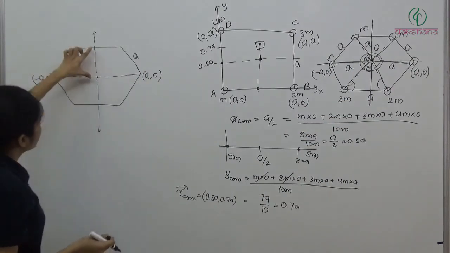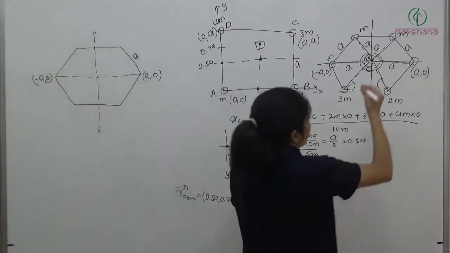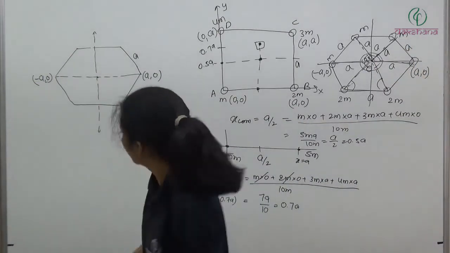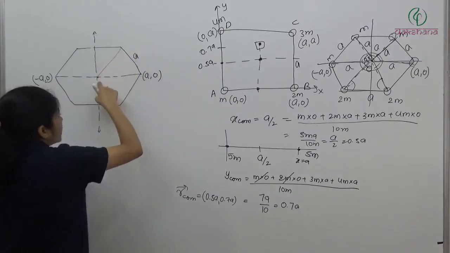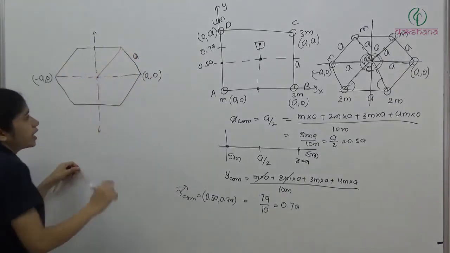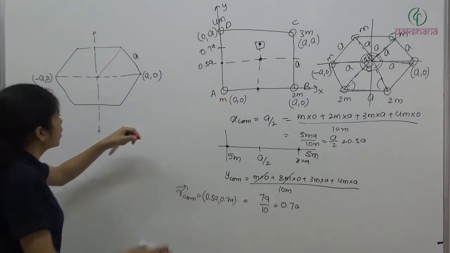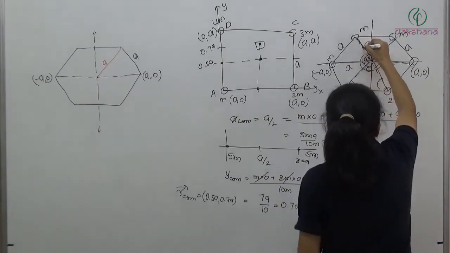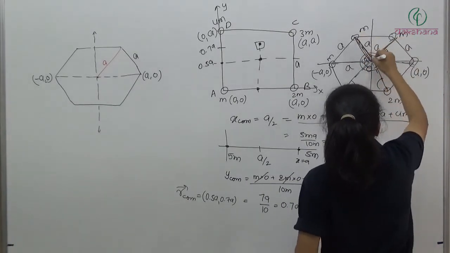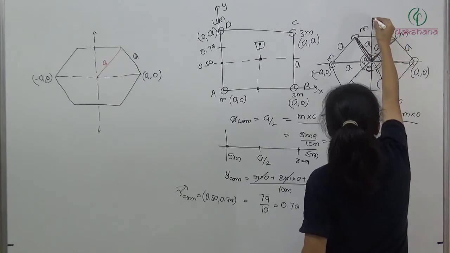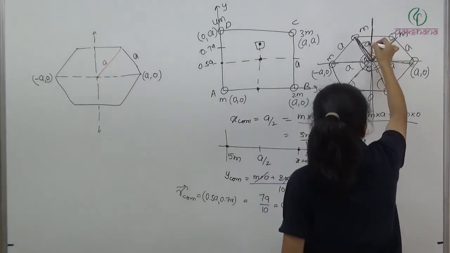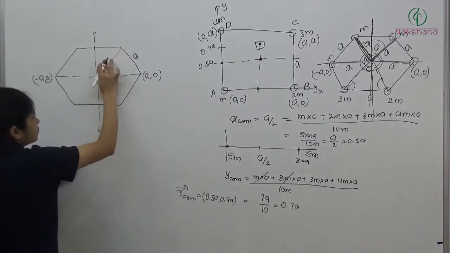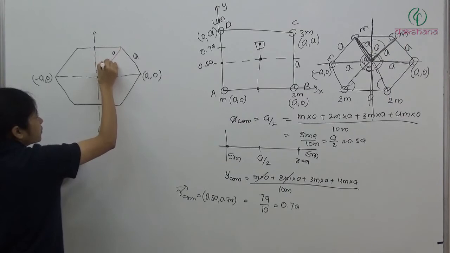Now how we will find out this location? So we have, this length is what? This length is A. Right? So this length is A. From the center, every vertex will be at A distance. I have already showed you that. Now, this total angle is 60 degree. Simple geometry we have to use here. I am dividing this angle in 2 parts. So this will be 30, this will be 30. So this angle is 30 degree.